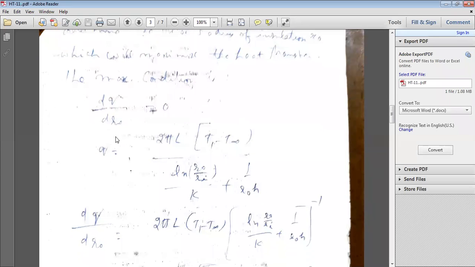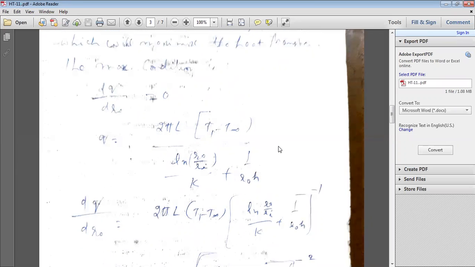So for that, you have to take the heat transfer rate equation. Q is equal to 2 pi L into Ti minus T free stream, or T1. You can take any inside temperature, T1 or Ti. Okay, you take T1. So 2 pi L within the bracket T1 minus T free stream divided by Ln RO by Ri divided by K plus 1 by ROH. This has been given in the last slide: how to calculate the heat transfer rate if you add an insulating material. What is the critical thickness of insulation, or otherwise, what is the outer radius?